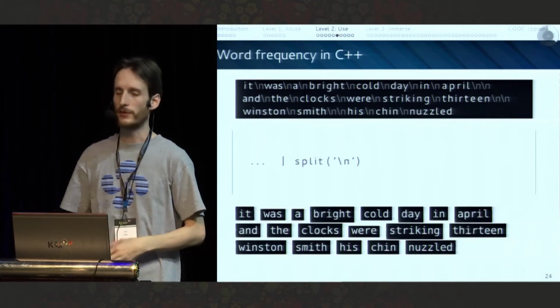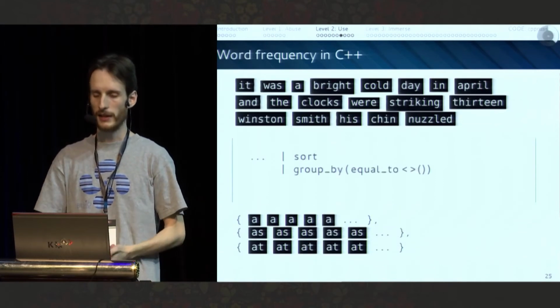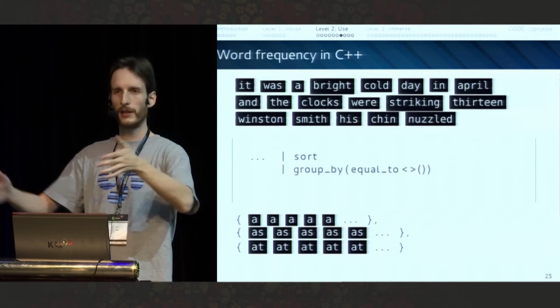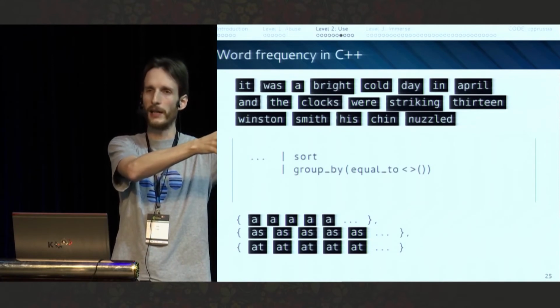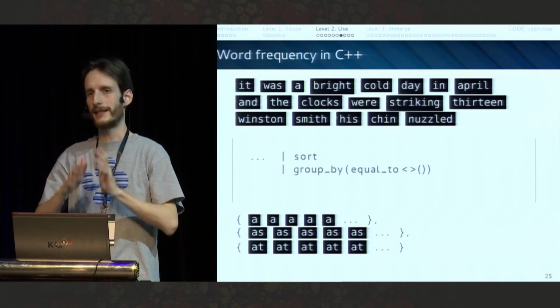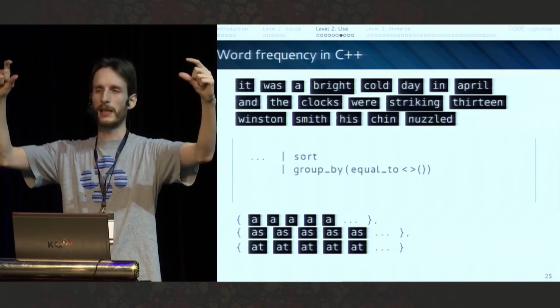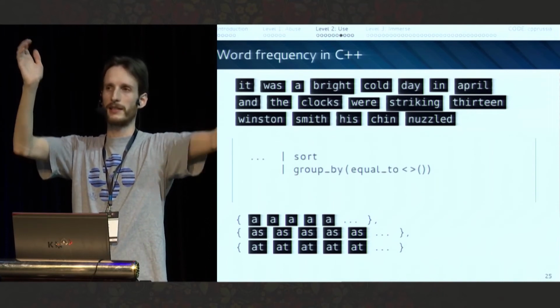After this, we just need to split. We are going to get word by word, then sort and group by. When we sort them, we will have a lot of the same word repeated. When we say group by, we are going to get, let's say, a list of lists or a range of ranges, where the first item in the range will be all the words called A. The second item, a range of A's. Third item, a range of S's, and so on and so on.